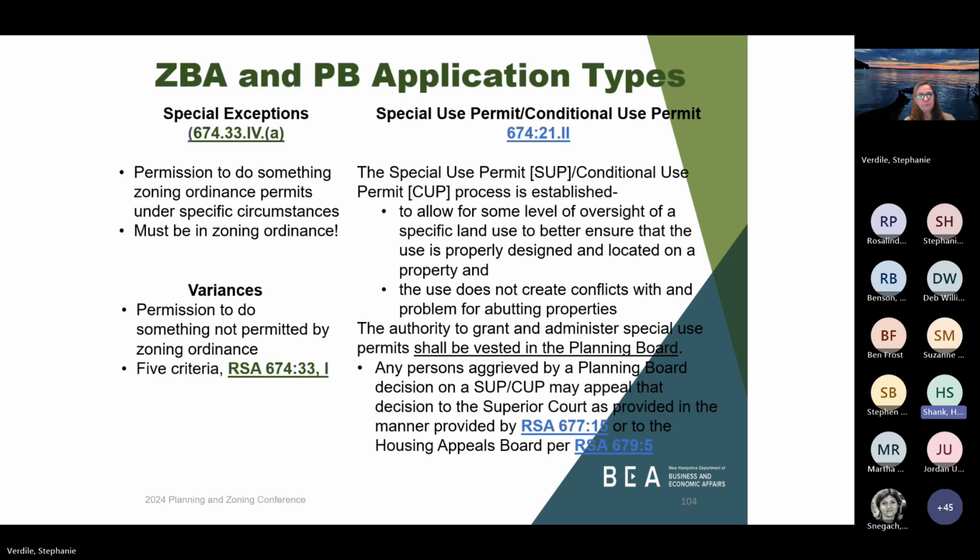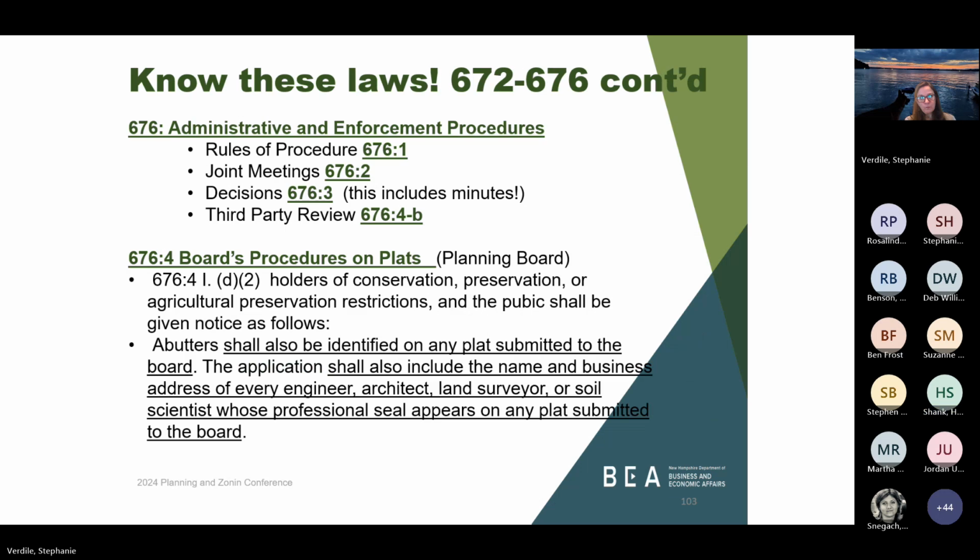We have a question here, Stephanie. Can a joint hearing be requested by an applicant, when applicable to their application? Yeah, a joint hearing can be requested by an applicant. Again, if someone has a special exception and a site plan going on at the same time, they can request it. Thank you. Sure.